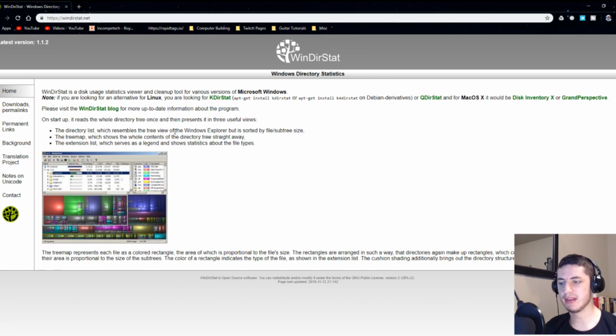Basically what WinDirStat is, it's a program that allows you to have a categorized list of all of the files on your computer, on any drive, your C drive, your D drive, whatever, allows them to be categorized and then put into a directory list based on how large each file is and put into order of the size of each file, which then allows you to delete files that you don't need or don't want, or at least find